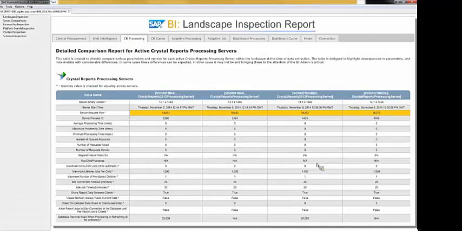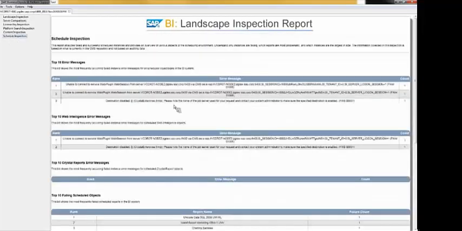So that's good. What if you're having problems with, for instance, scheduling? Maybe a user's put in the wrong password when they've defined the scheduling, when it's going to a managed destination, or your SMTP server's down, then your schedules will fail. But this tool also allows you to see which schedules are failing most often, because that can cause problems within your system. So on the left-hand side, we have a schedule inspection section as well,